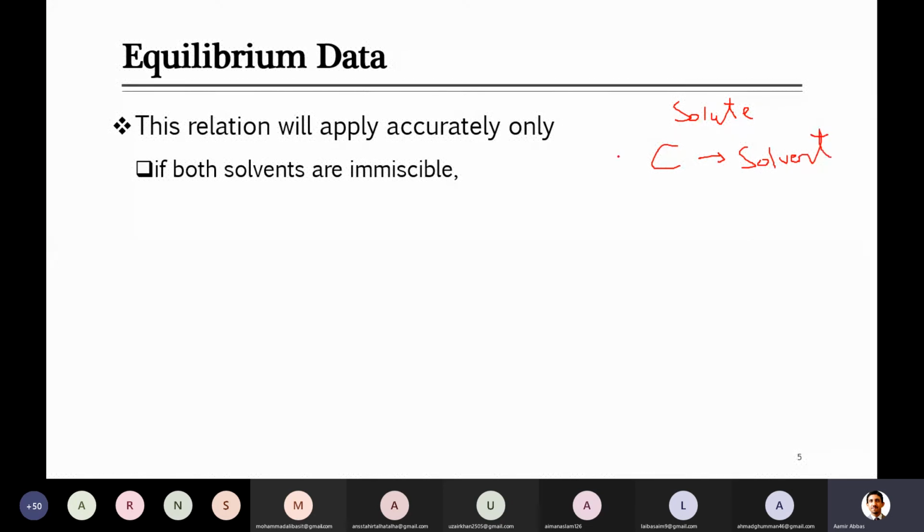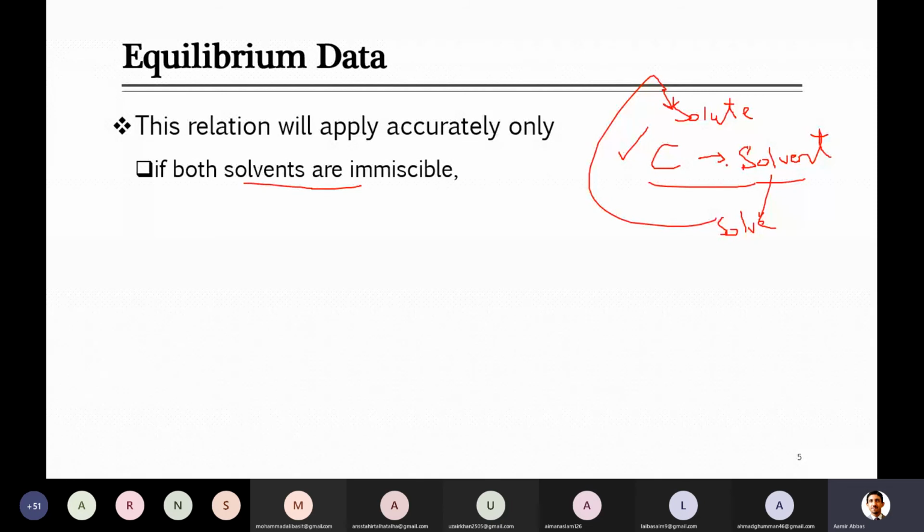So that means that one of the major parts of the feed, which we are naming as a carrier, is one solvent, and the other solvent, which you introduce separately, in which you want to transfer this solute, is the second solvent. So these two solvents should not be miscible. It was discussed at that time that you have to select the solvent in such a way that it should only take away the solute from here, not the other feed components, and he is naming it as a solvent. So both solvents are immiscible.